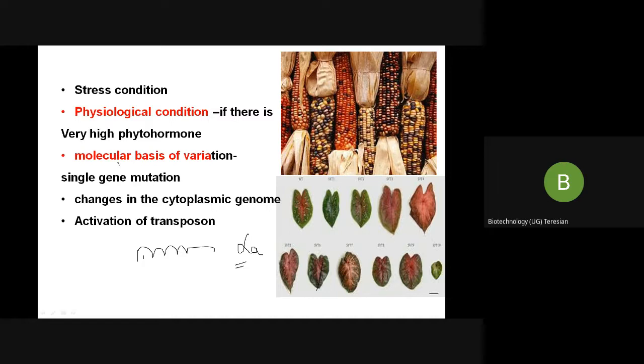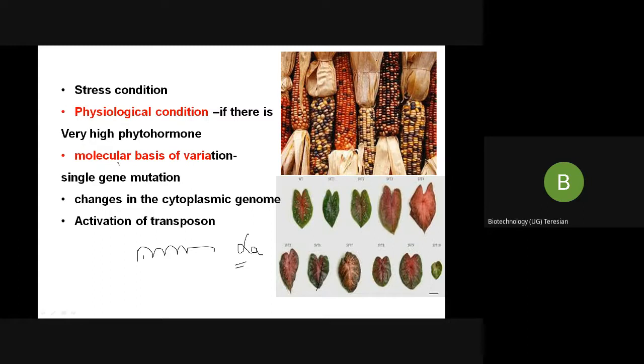These may be, for example, what type of explant you have chosen, what culture condition you're using, what is the concentration of the media, what phytohormones you are using. All this, whatever I said now, can lead to a somaclonal variation in the tissue culture. When we say tissue culture, remember, you are doing it in vitro. You are growing that plant in vitro, in the laboratory.